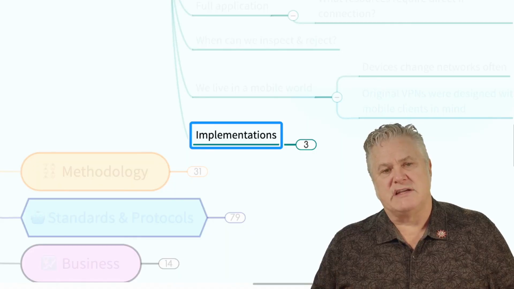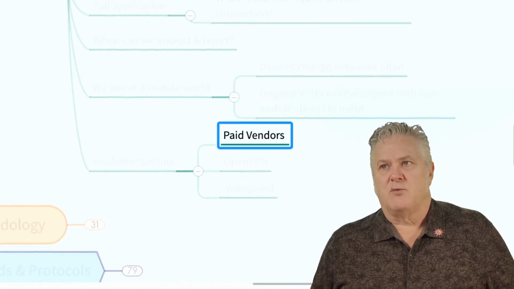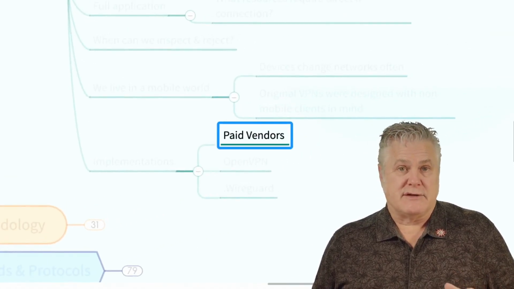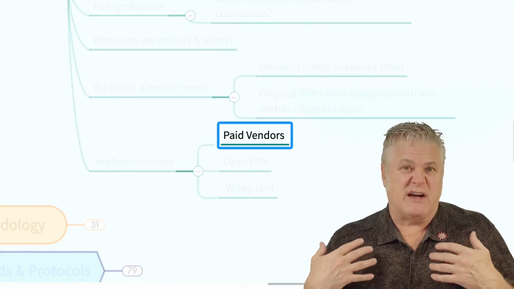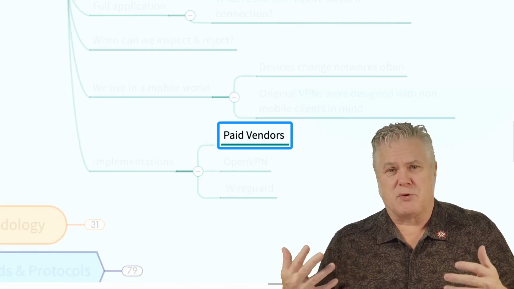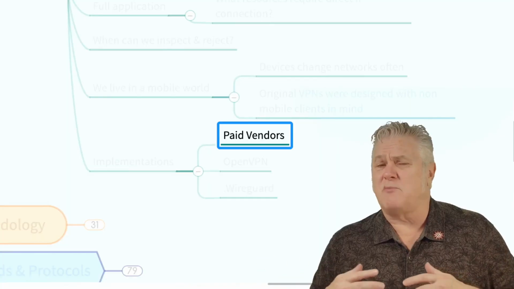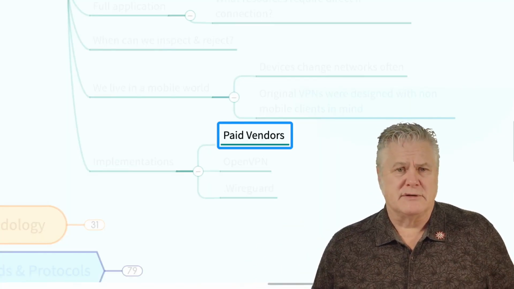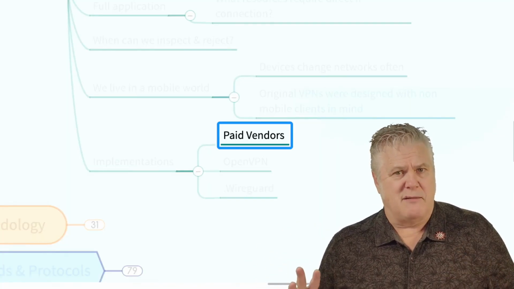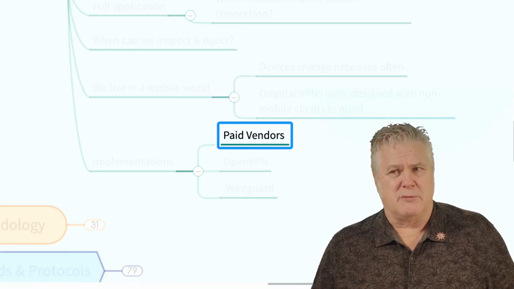Generally, this comes in a couple of different categories. What I call the paid vendors. Usually, because I have experience with Cisco, I talk about Cisco, but Juniper and the other vendors that are out there, I'm sure that they're wonderful at what they do. I don't know about them. You have to know your particular implementation.